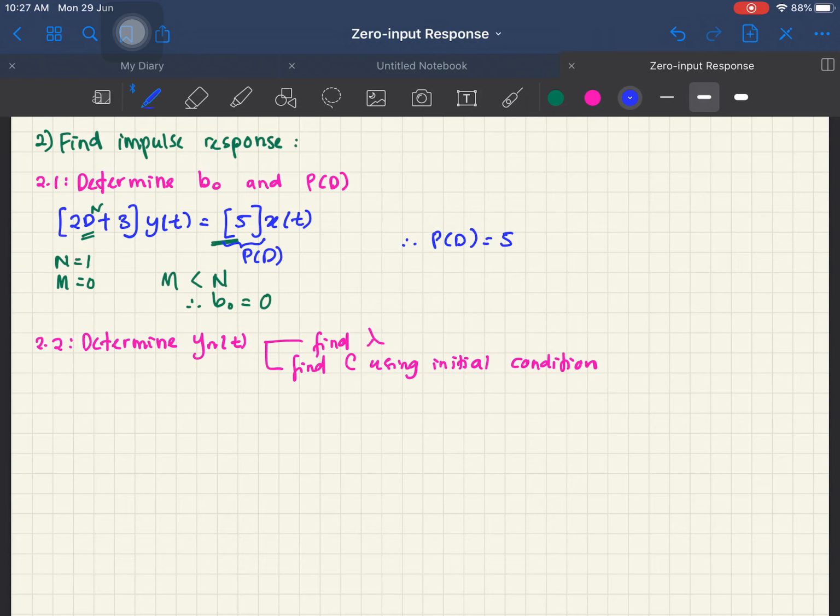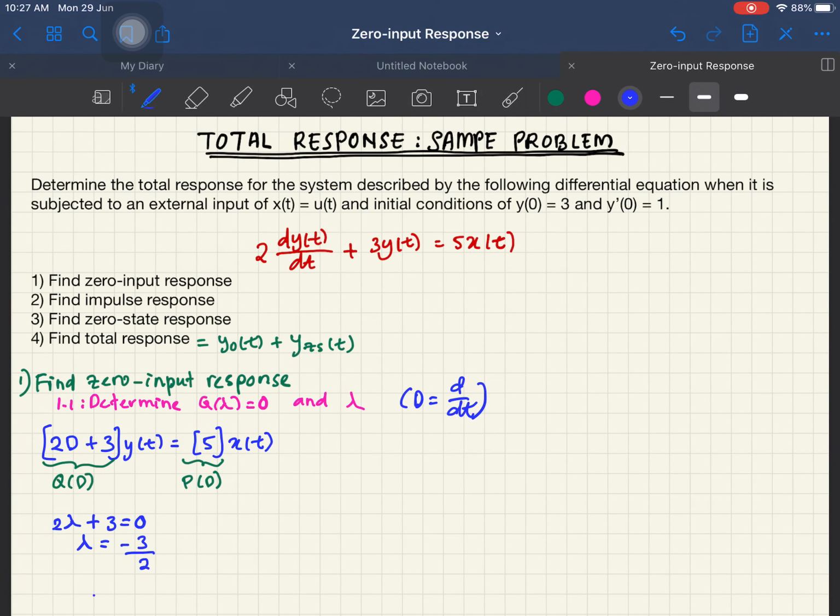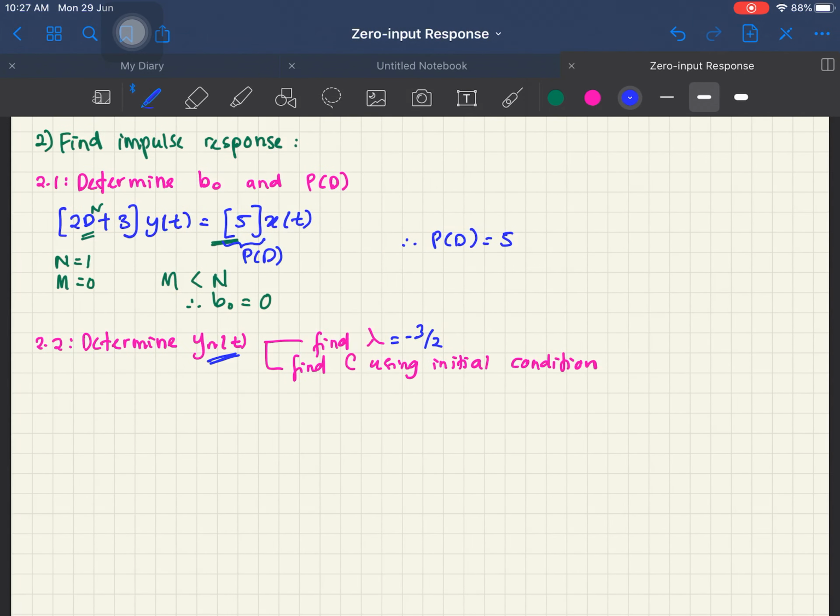Next step is to determine lambda and C in order to determine y_n of t. Now this lambda will be minus 3 over 2, the same lambda as we get here, because we will have the same characteristic equation, 2 lambda plus 3. So that means we have the general solution y_n of t equals C e to the minus 3 over